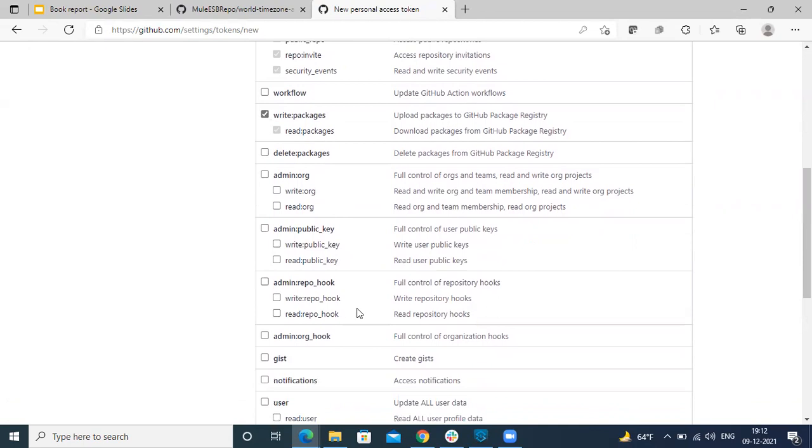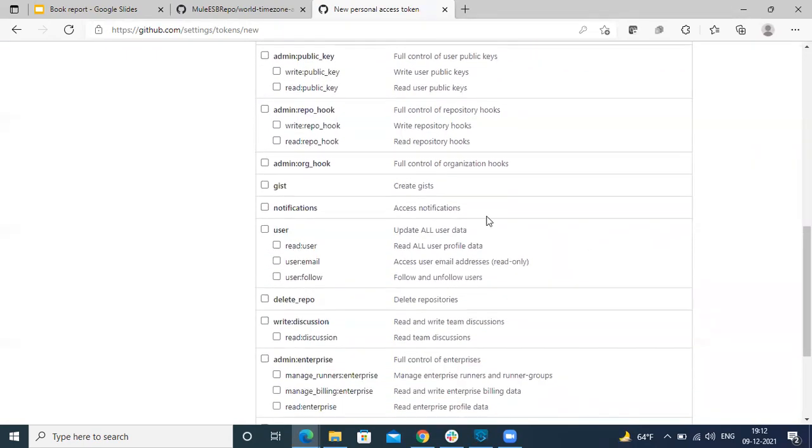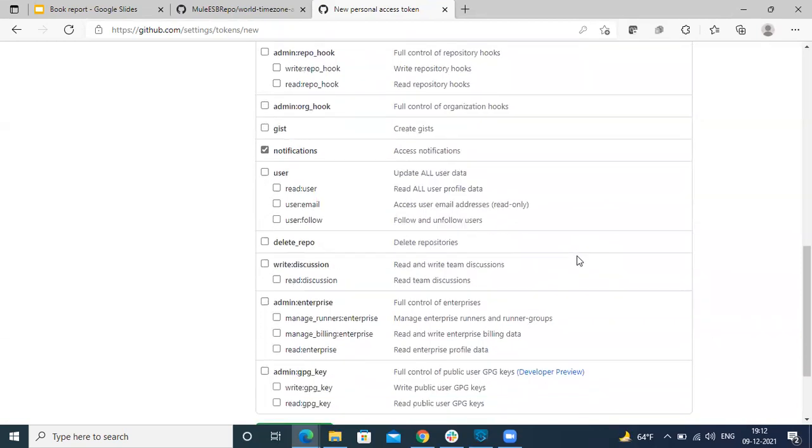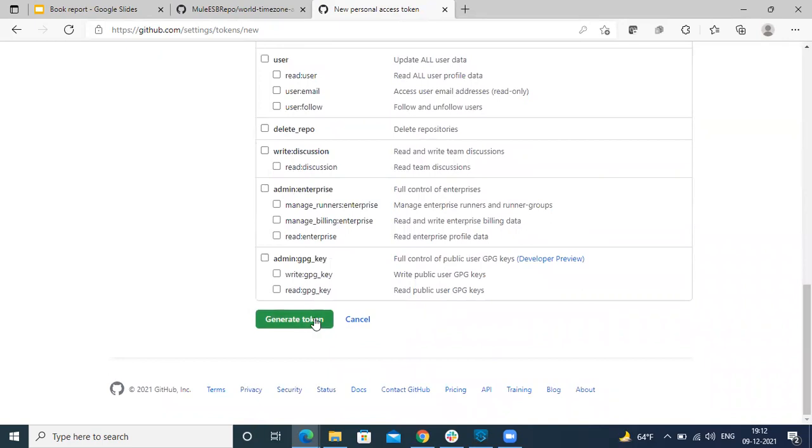You can select all these options. So I'm just generating that token.